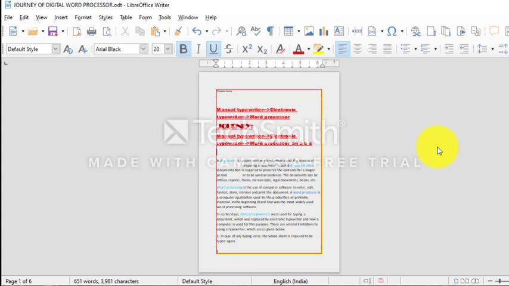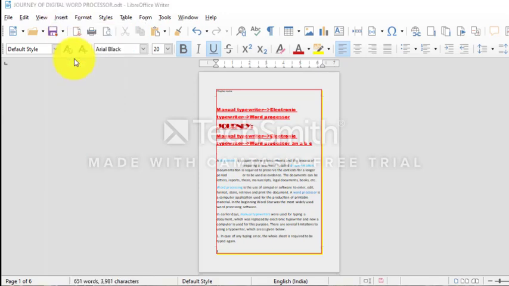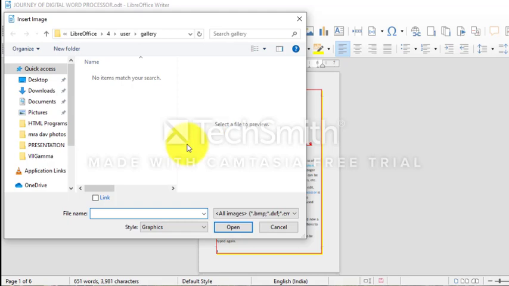Now we will see how to insert images in your document. Sometimes you want some image in your document. How to insert that? If you want to insert an image, go to Insert, click on Image, a dialog box will appear, and now you can select the picture which you want to insert in your document.